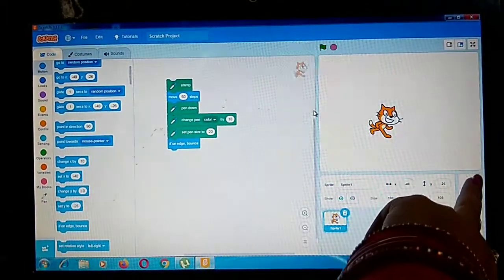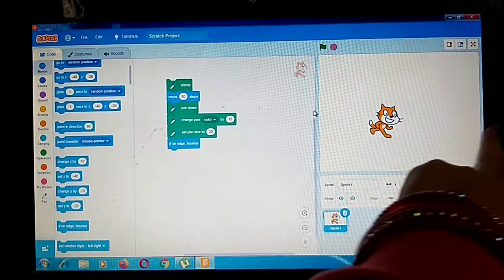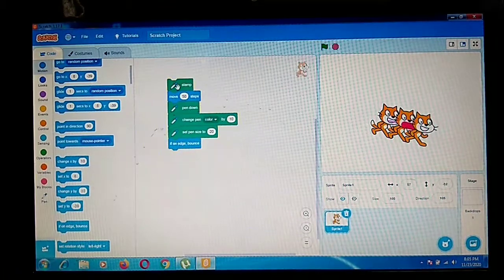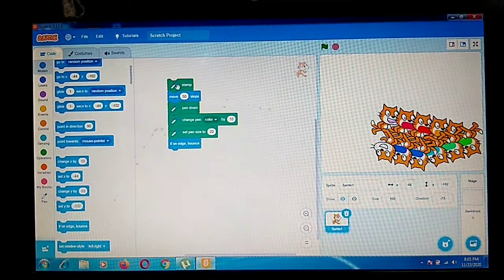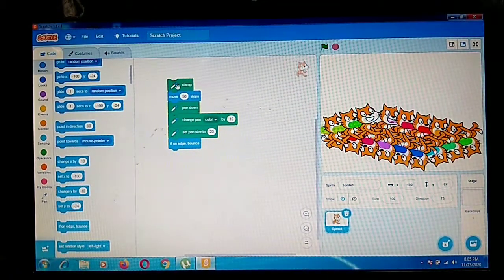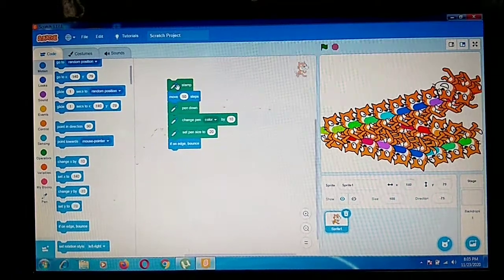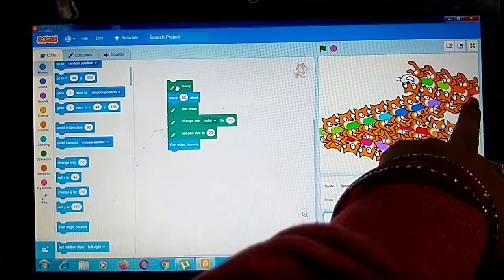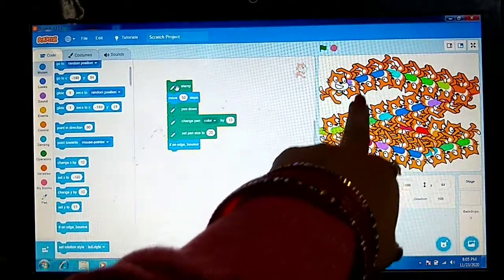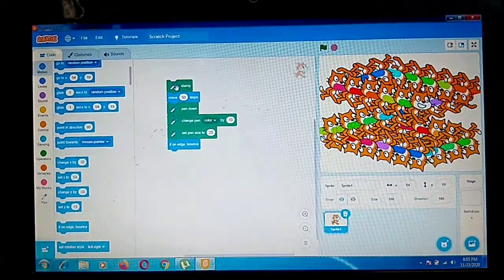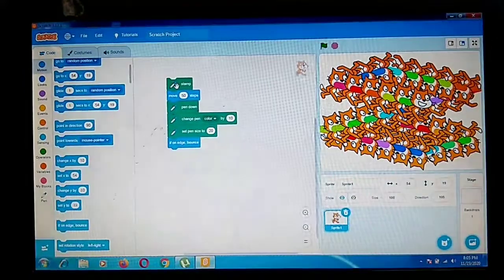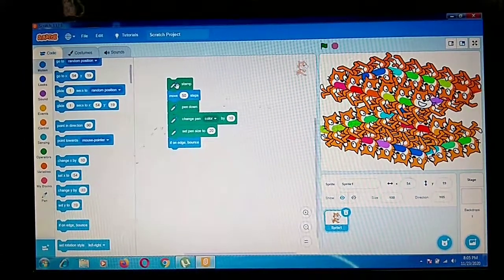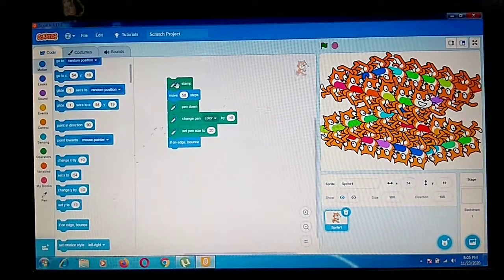So when the sprite touches the edge, it will come back. Now you can see this on the laptop: the sprite is moving, and when it touches the edge, it turns back. And see, it is making duplicates also. So like this you can do.